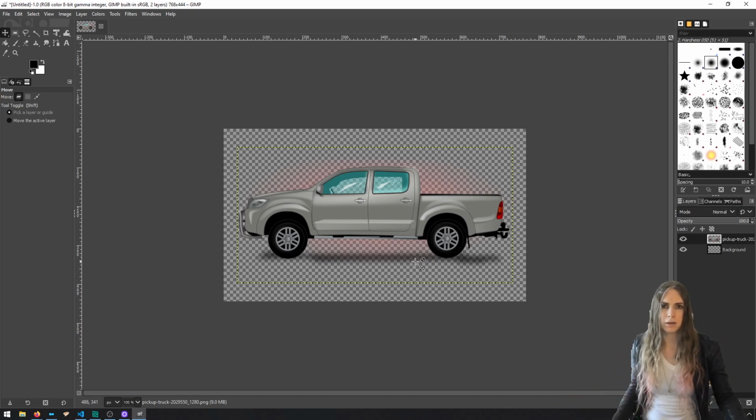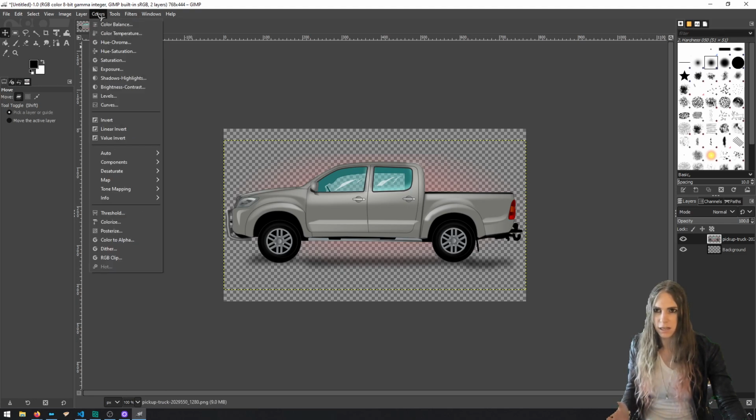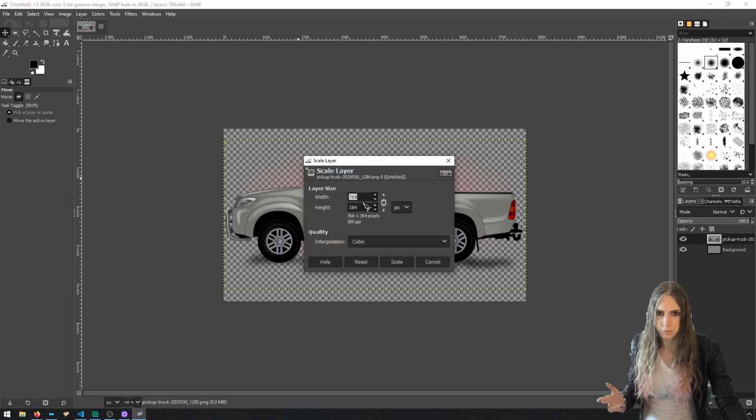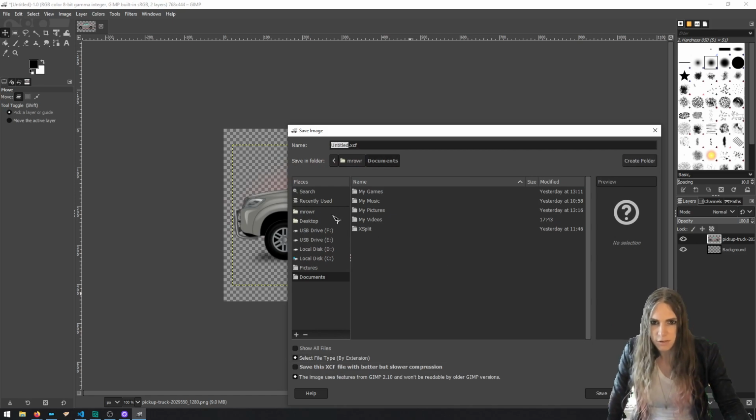Let's draw on it. Let's trick it out because we're Skyrim people. Let's make it a little bit bigger. Let's put dragon font on it, and then we'll just deploy it. Scale layer. Sure, I like that. I'm going to save it as